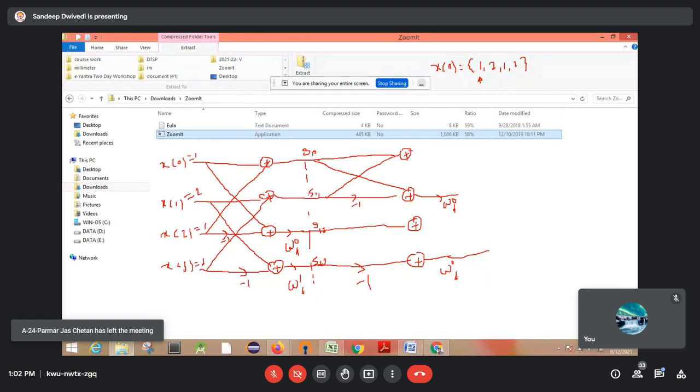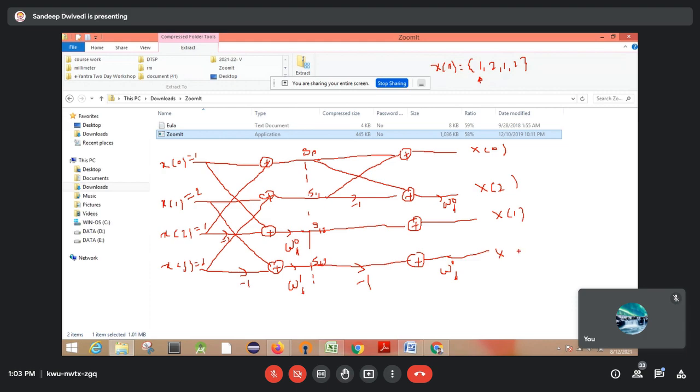Okay, and here after this you will get the output. So here you can take this as an output. The output will be, see, a total of 4 sequences. The first one will be the even samples, that is x of 0. This will be the output of x of 0, and this will be the output of x of 2, the even samples. Then the third will give you the output of x of 1, that is an odd sample, and then x of 3. So like this you will get the output over here.